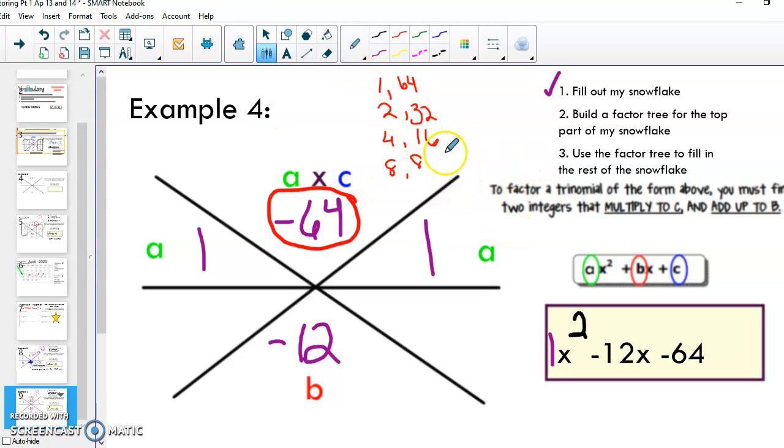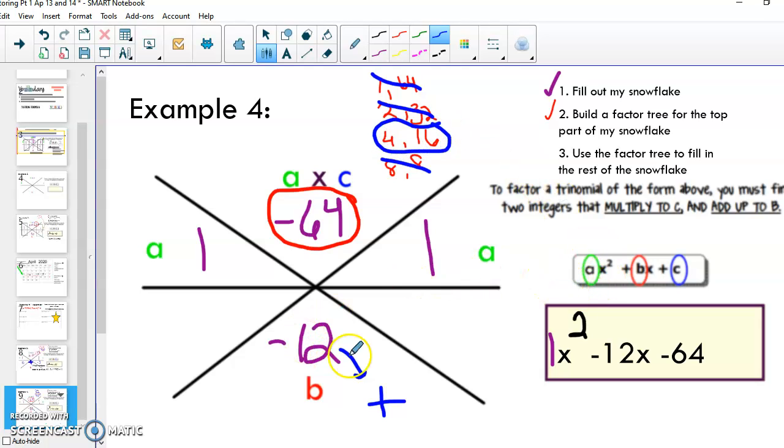I might have skipped some in the middle, but I can actually go ahead and stop here, and that's because for part 3, I need to think about using that factor tree to fill in the rest of the snowflake. So I am looking for now the numbers that add together to give me that negative 12, that bottom part of our snowflake, sorry. We've done the top, now we need to deal with the bottom. So what numbers now from our factor tree can add together to give us this negative 12? Well, I know 1 and 64 don't work. I know 2 and 32 don't work. 8 plus 8 is never going to give me 12, but I see that I have this